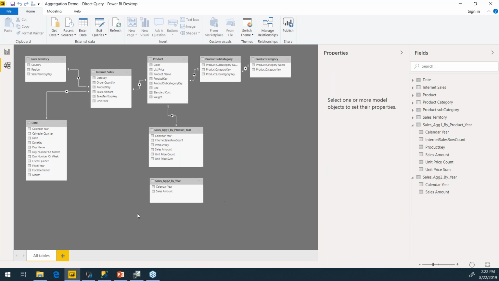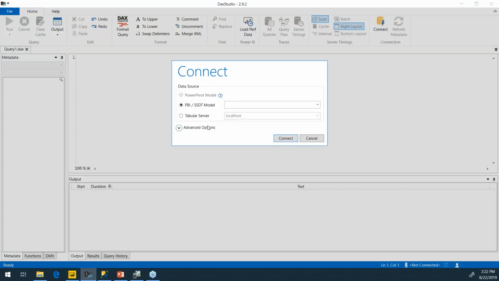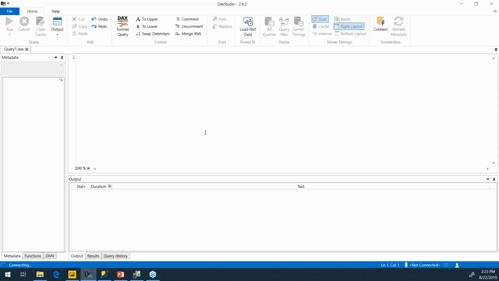So right now, if I run a query, there is no aggregation, there's nothing defined at the moment. These are just tables. So I use a tool called DAX Studio. If you haven't used it, it's an excellent tool for learning DAX, for writing DAX, for performance tuning SSAS Tabular or Power BI models. Once you start DAX Studio, if you have your Power BI Desktop open, in the drop down you're going to see the Power BI Desktop that's open, and you can connect to it, okay?